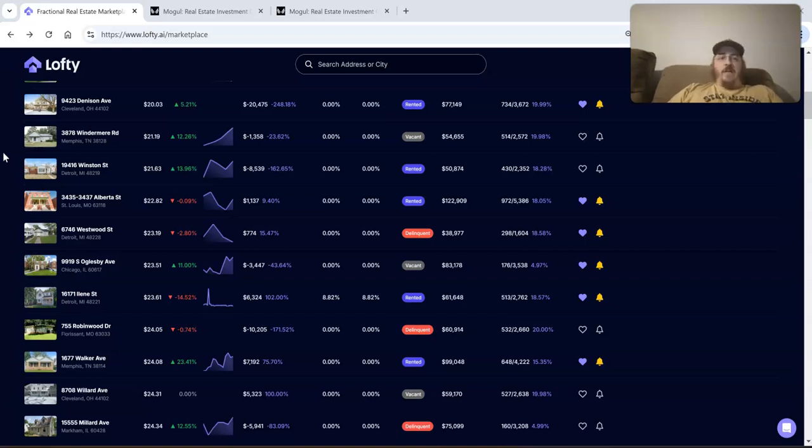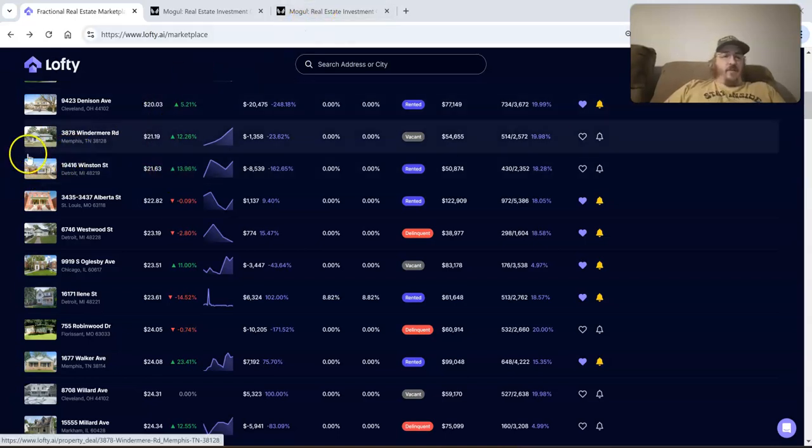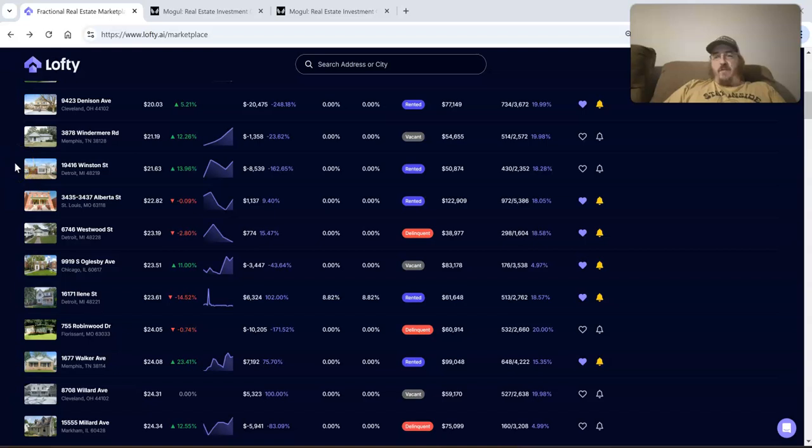Now, I don't think you can just grab this address, throw it into the Mogul tool, and like instantly it's going to give you all the right answers. I think you have to adjust the vacancy rate or the vacancy reserve if it's a market that has really high vacancy. And same thing with maintenance if you've got some of these markets with higher turnover expenses. There's all sorts of things that you'll have to tweak, right? But I think starting with,